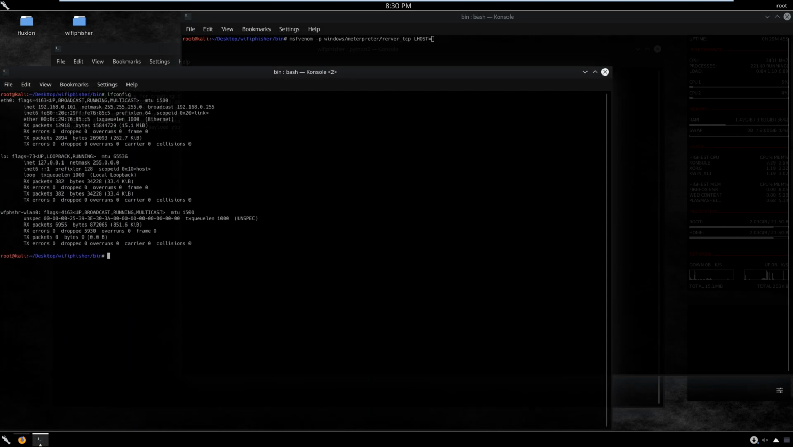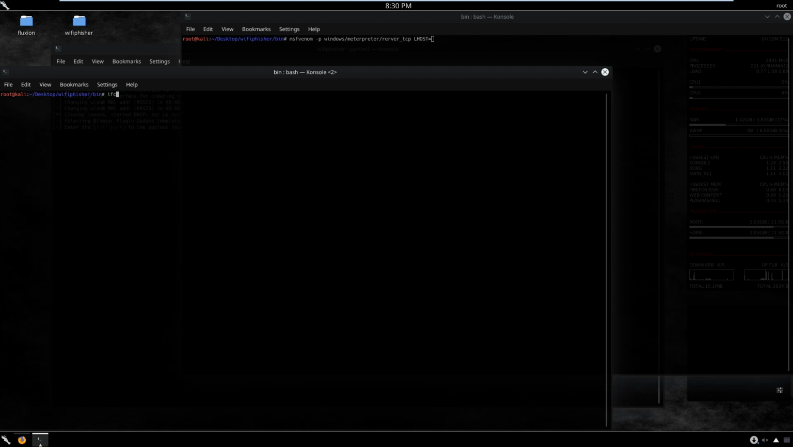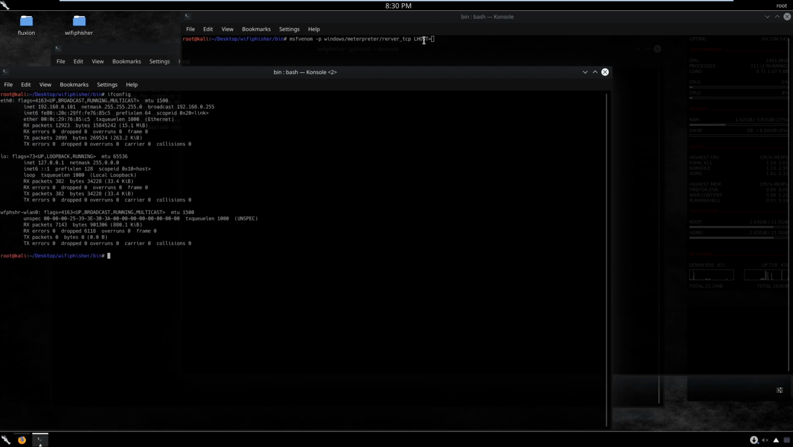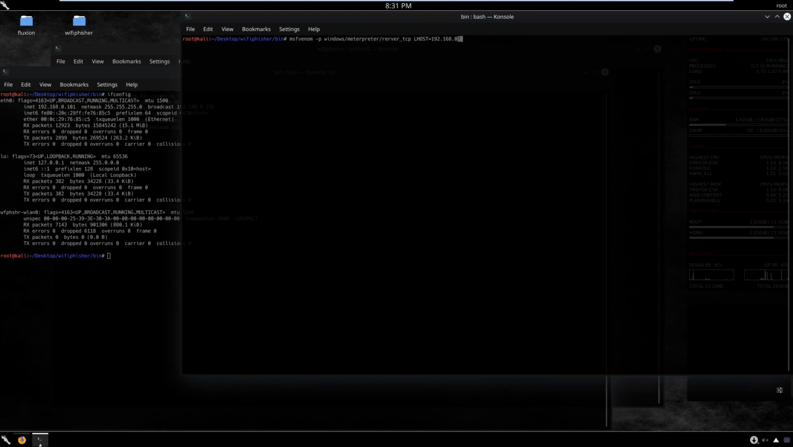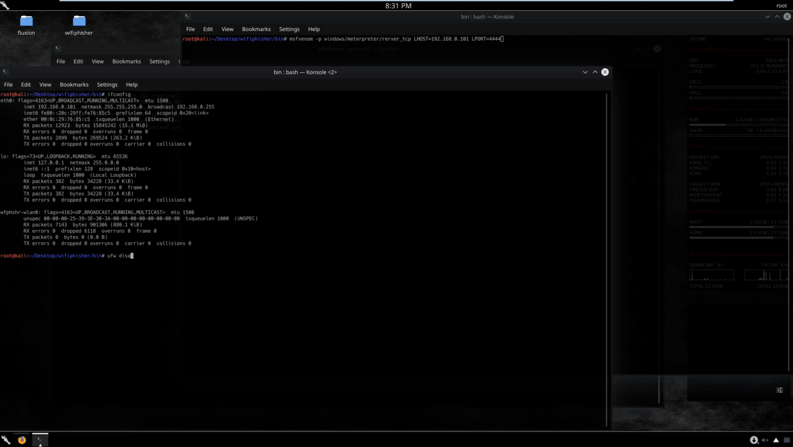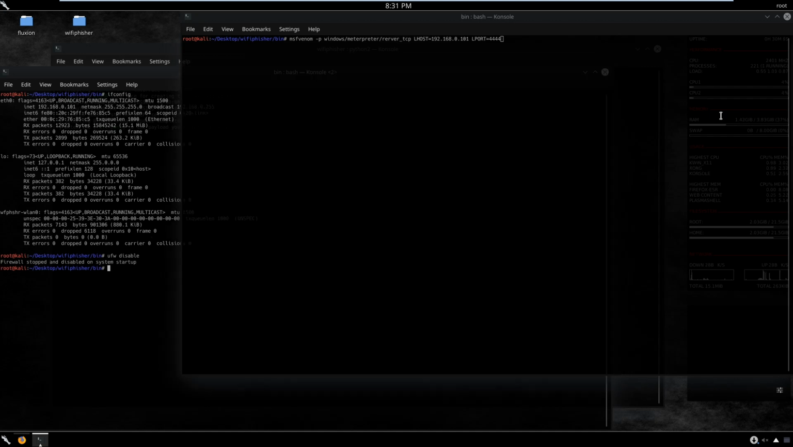I'll run ifconfig. I think we have ping. Yeah, we have connection, nice. So clear that. ifconfig, 192.168.0.108. Then specify LPORT equals 4444. Specify the option to disable the firewall so that our firewall will not block the connection. Then we specify the format, the exe,